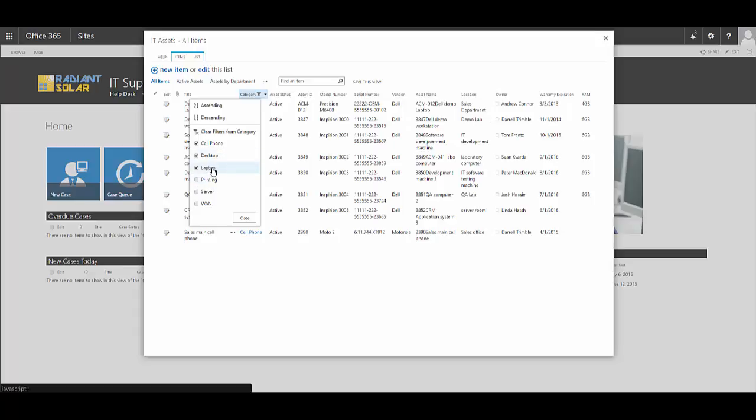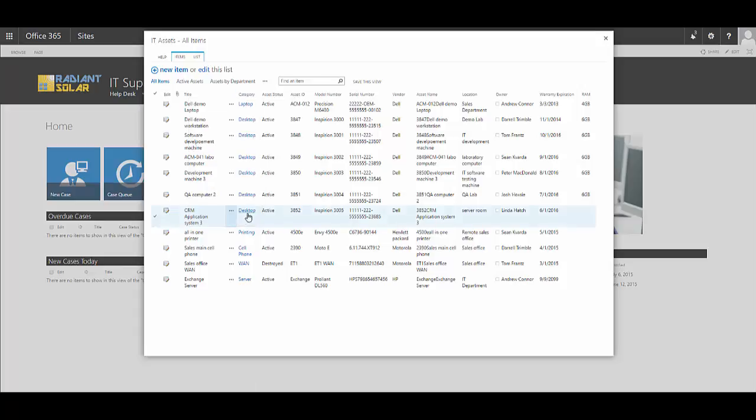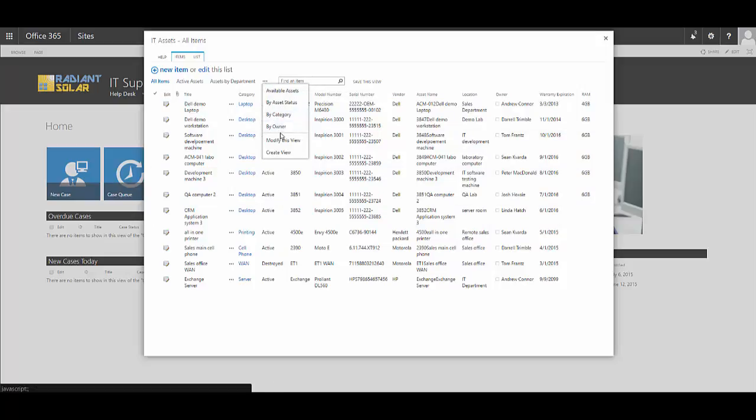So as you can see, I have a live update of this list based on the filtering that I'm doing. I can also clear the filters from this category by clicking Clear Filters from Category. And then if I want to get out of this window, I just click Close. So if I wanted to create a new view, there are many other views underneath this ellipse here, and I